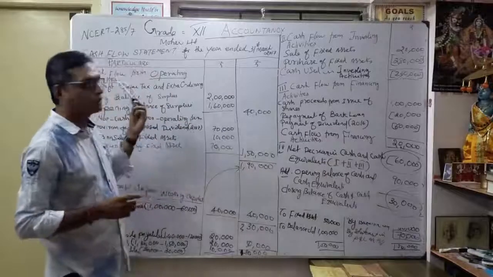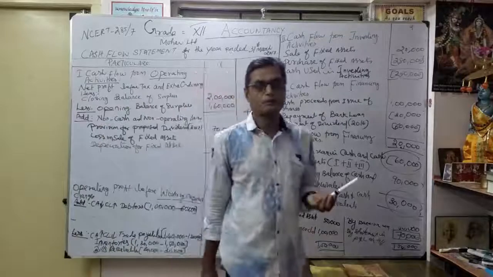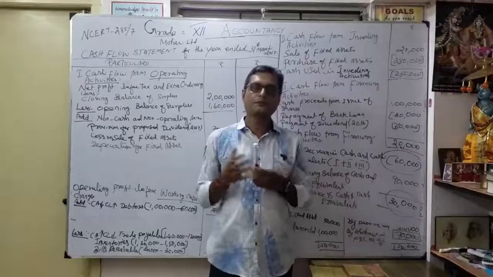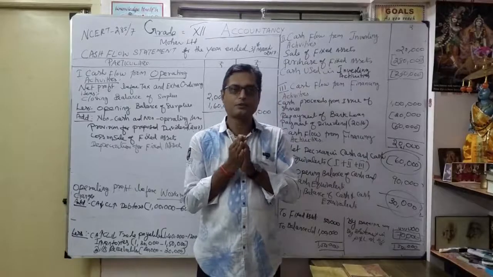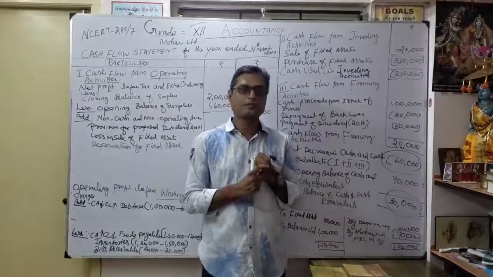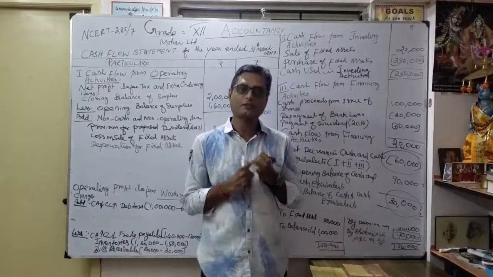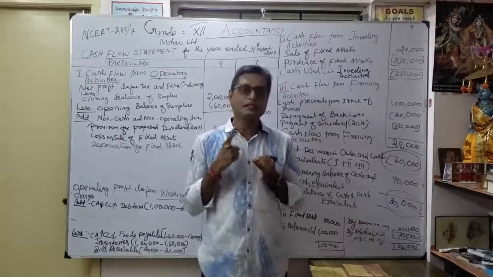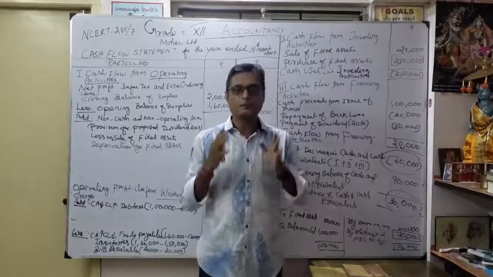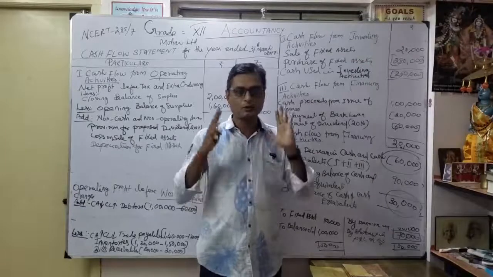Okay. So finally, you understood how we are going to discuss: the accumulated depreciation account prepared, asset account prepared, then provision for taxation also, then proposed dividend also. So especially you should keep in mind the cash flow statement. First one is provision for taxation. So we are going to prepare provision for taxation first; keep that in your mind. Thereafter, whenever they give the asset account in the notes of account, we have to prepare the asset account. If they give accumulated depreciation, you want to prepare the accumulated depreciation account. Thereafter, proposed dividend. Suppose there is any payment for dividend, you have to prepare the proposed dividend account also. Okay, keep that in your mind.